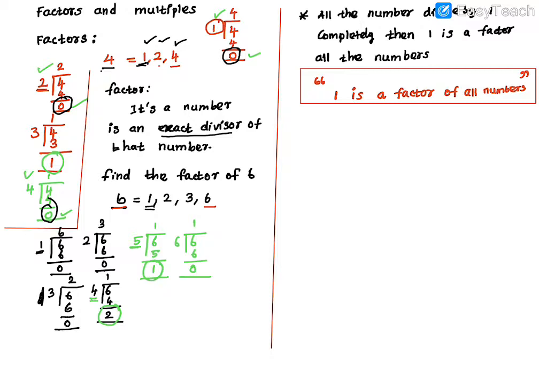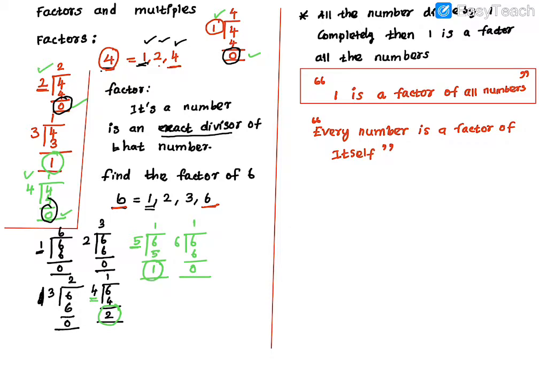So first what I said, 1 is a factor of all the numbers. Next, that number, which number here I have taken? 4. So 4 you have taken means 4 should divide it. 6 you have taken means 6 should divide it. 8 you have taken means 8 should divide it. Okay, so what is the observation here? Every number, if you have taken any number, every number is a factor of itself. Okay, so every number is a factor of itself, that you have to know.